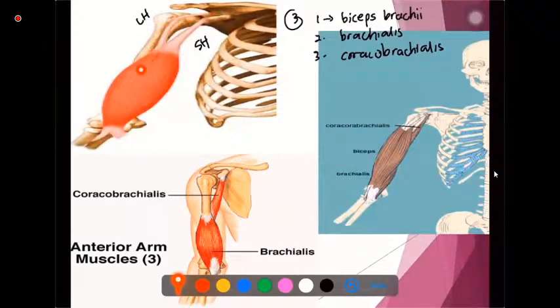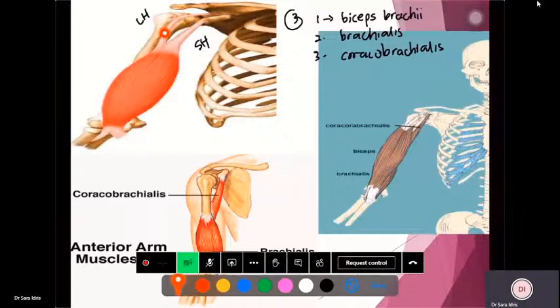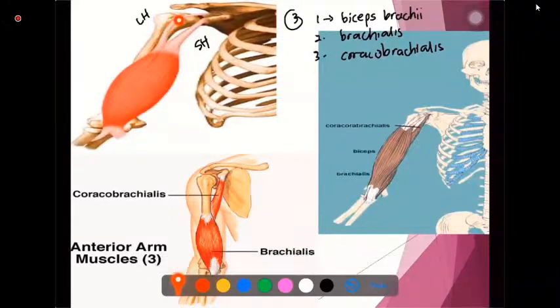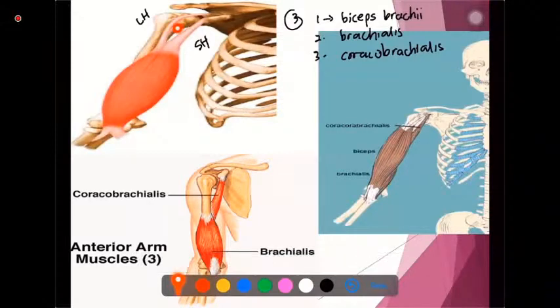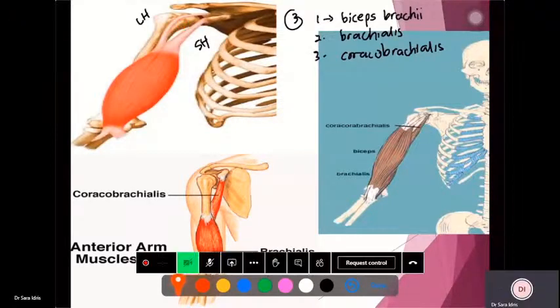This is the long head of the biceps brachii, the tendon of the long head. If you follow it closely, you can see that it goes in between the greater tubercle and the lesser tubercle, and in between that, as I mentioned earlier, is the intertubercular sulcus. So the tendon of the long head of biceps brachii will